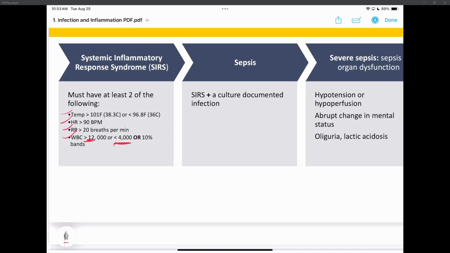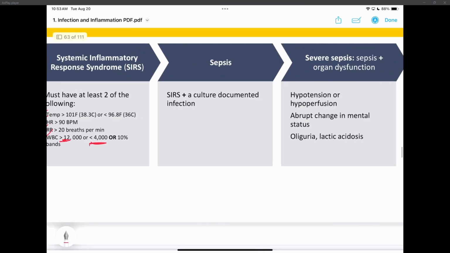They come in, they're feeling sick, may have the flu or fever, whatever it is going on, pneumonia. You come in, temp's 102, heart rate's 100, you have systemic inflammatory response syndrome. Now, it becomes sepsis the minute you have a culture and you know what the bug is. So whenever someone comes in sick, you order a blood culture because you want to know what bacteria it is that's growing that's causing you to have this problem.